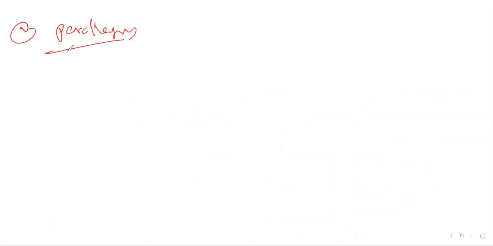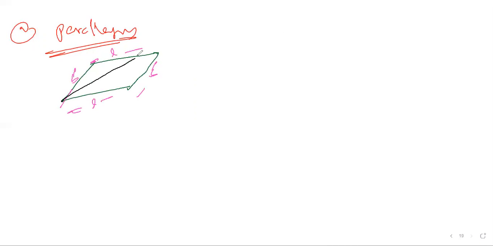The parallelogram looks like a rectangular figure, but with a slanted nature, like this. Opposite sides are same; it should not be like that, it should be like this. Clear? This is a parallelogram. This is a length, this is a length, all are same. This is a breadth, this is a breadth. Opposite sides are same. Diagonals are not same. This is D1, and this is D2. Both diagonals are different.